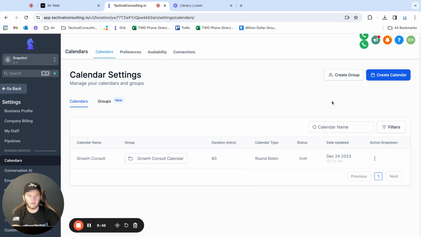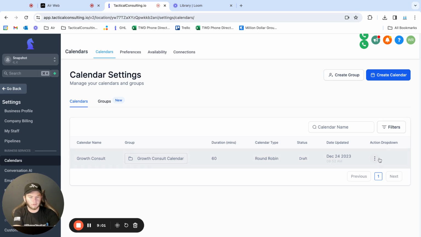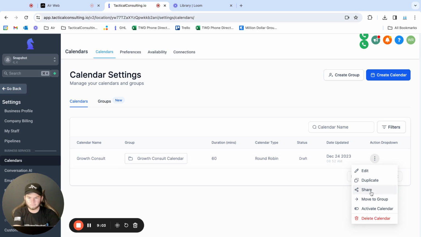So once it's moved to that group, and by the way, it doesn't have to be an Air group specifically. If you already have a group that your calendar's in, you're good. The calendar just needs to be in a group. A prospect's never going to see what group it is, so it really doesn't matter on that end. But now, since you have that already done, you'll go in here and press the free lines button, and then